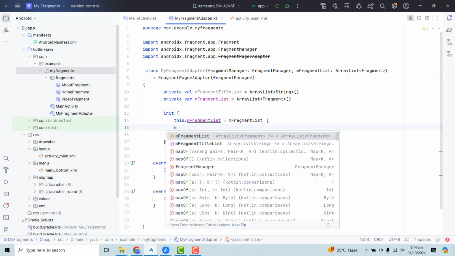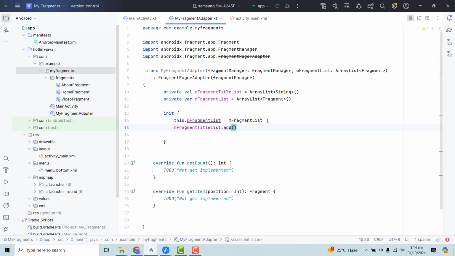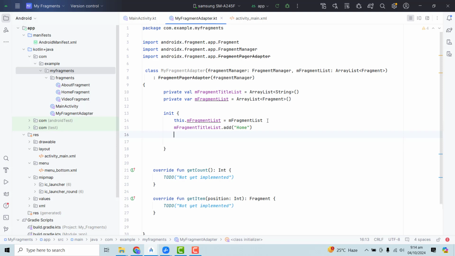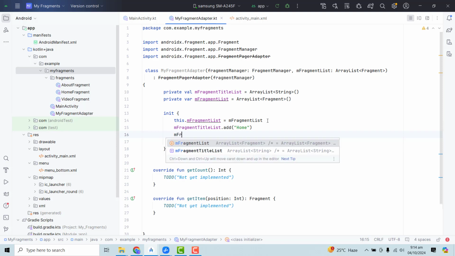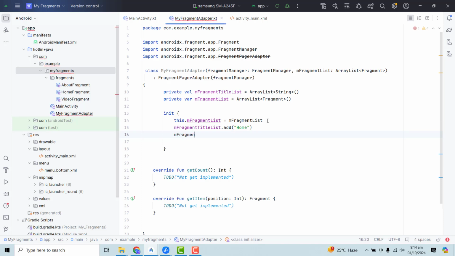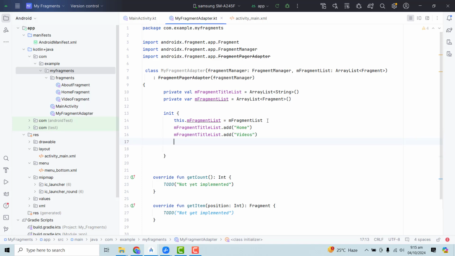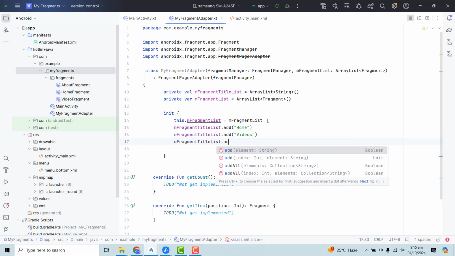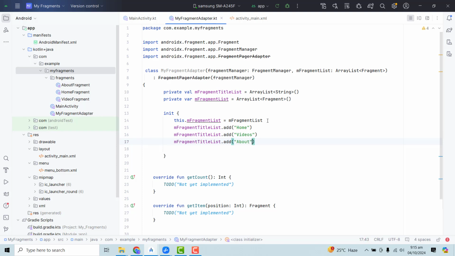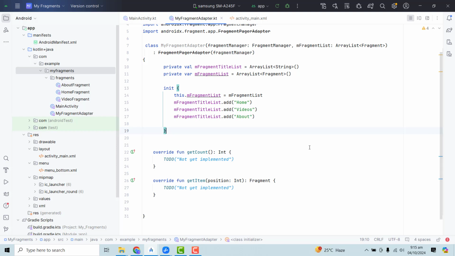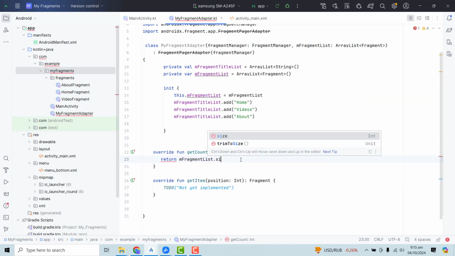So after this we can say m fragment title list dot add, and first of all we will have home, then m fragment title list dot add videos, m fragment title list dot add about. Alright, so after this inside our get count we can return the size of the array list. So here we can say return m fragment list dot size,